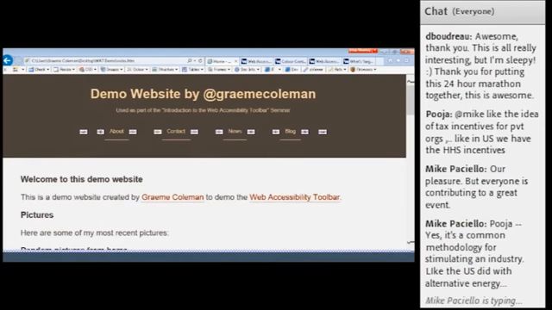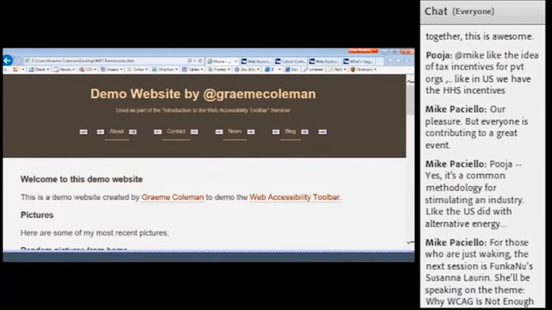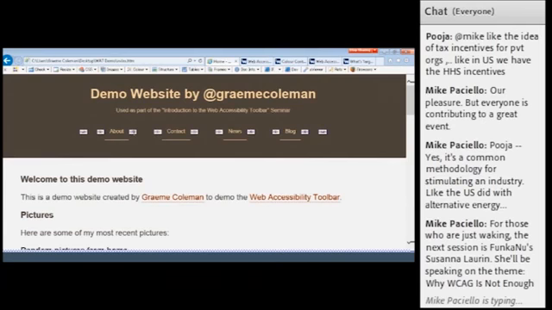Because headings tend to be a lot bigger than other text by default in the browser, some developers will use heading elements to display important text, or what they feel is important text, rather than using, let's say, a plain paragraph element and styling it so it's larger. They'll prefer to use the heading element, which is incorrect in that particular context. So you can check that sort of thing as well.